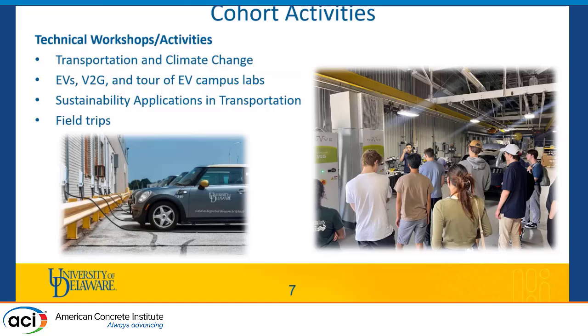We then talk about sustainability applications in transportation and take them also on field trips to give them a big picture understanding of what can be done in the field. And this is important to us because when they work on their individual projects, they're getting the microscopic view of what the problems might be. They're so focused on solving a small part of a bigger problem, but this gives them a bigger context